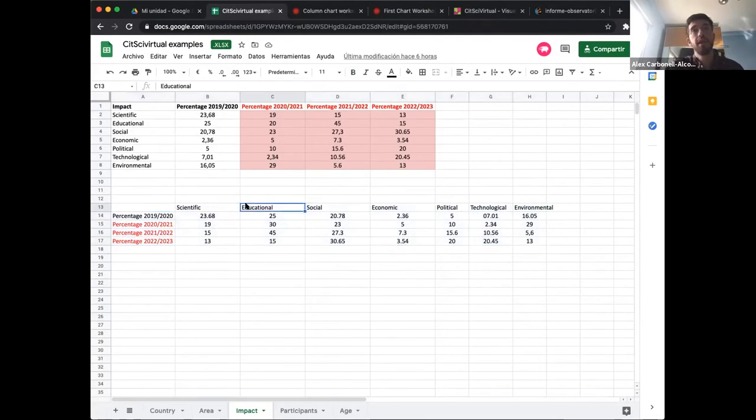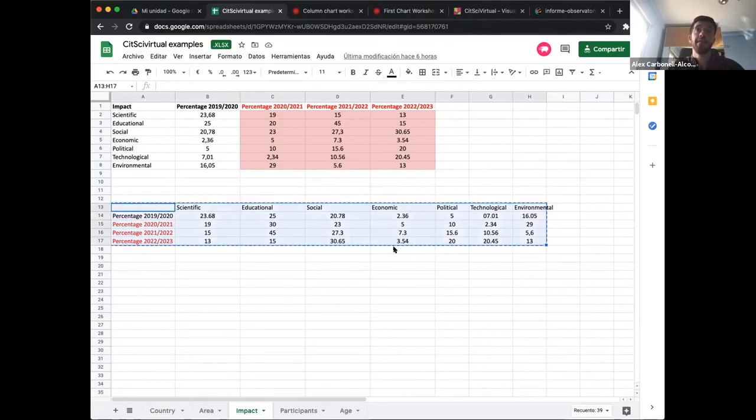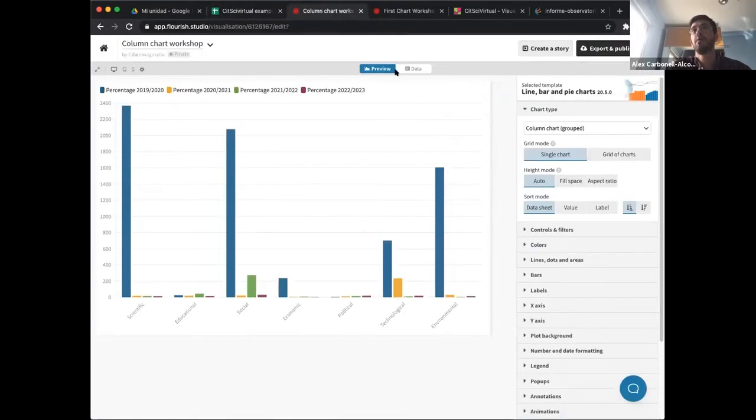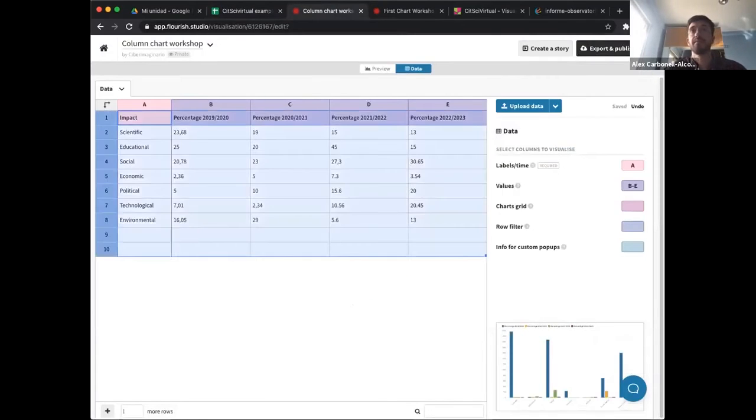So you need to keep in your mind that it's really important to organize the data. That's why I really encourage you to spend time looking up your data, right? So we are going to copy and we are going to paste it here,